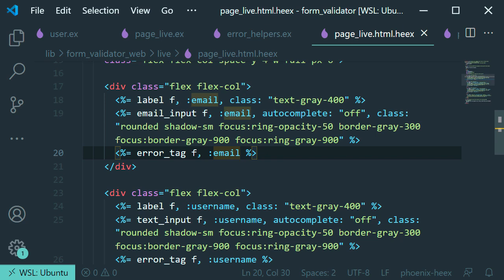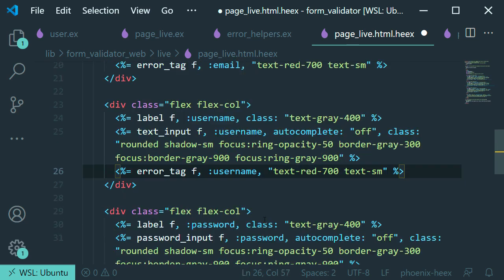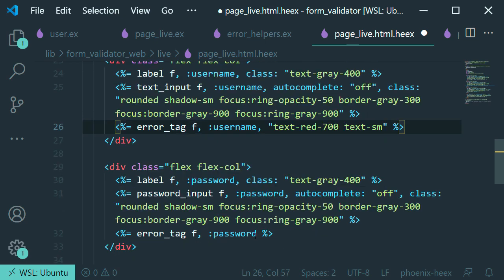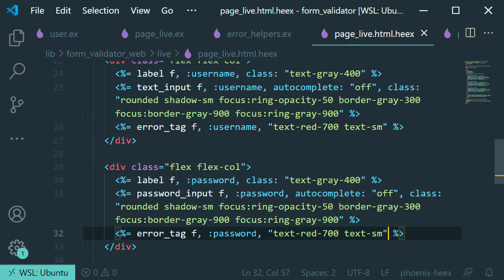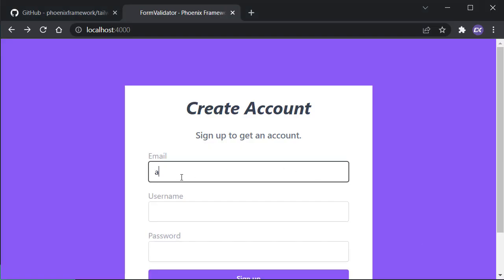It's going to be the same one for all of the tags. So it's going to be text-red-700 and the text is going to be small. Let's copy and paste the same class for each tag. Let's save it and let's go back to our browser. And now